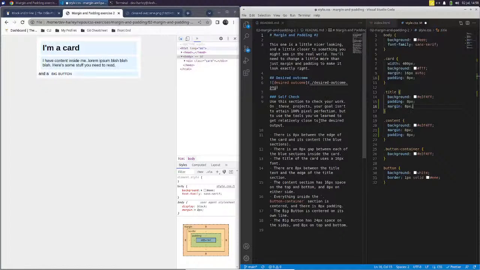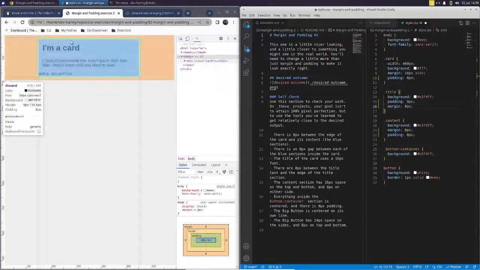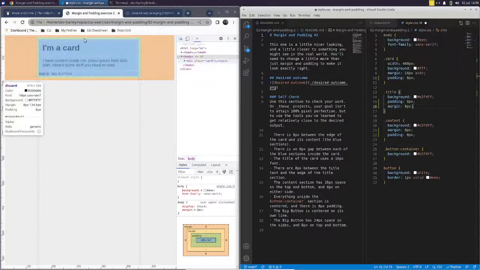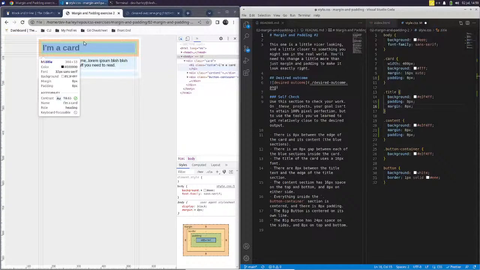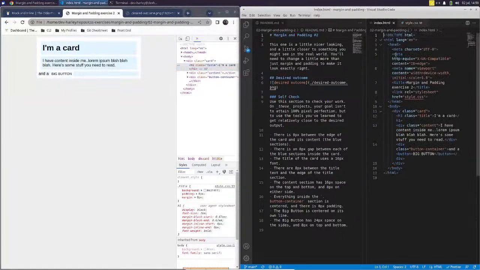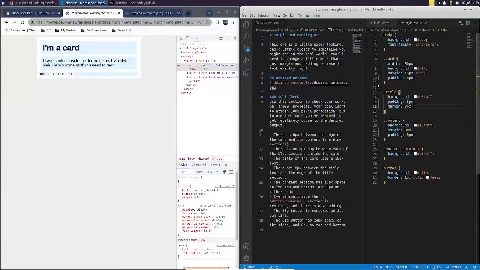Okay. There's an 8 pixel gap between the edge of the card and its content. So the edge of the card, 8 pixels, but okay. So what is that? It's H1, which holds the title. So this would need to be